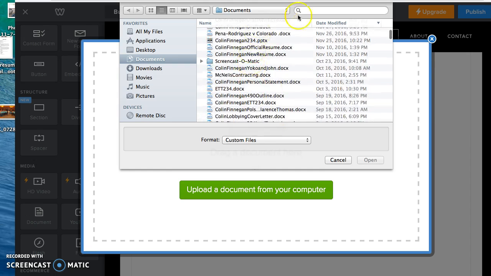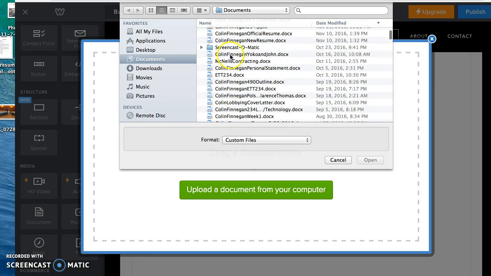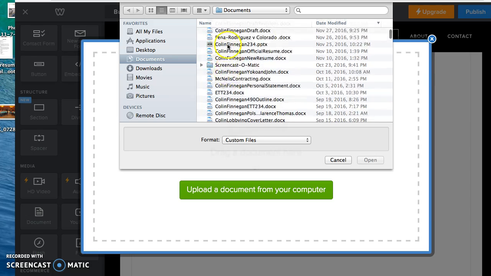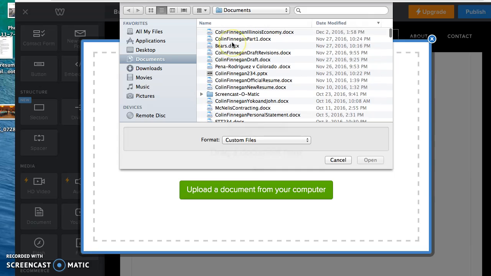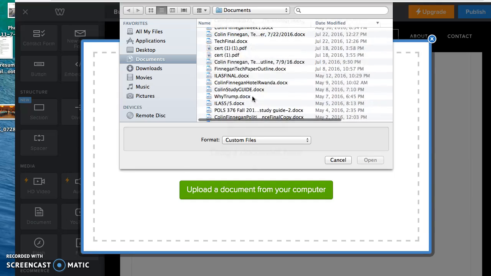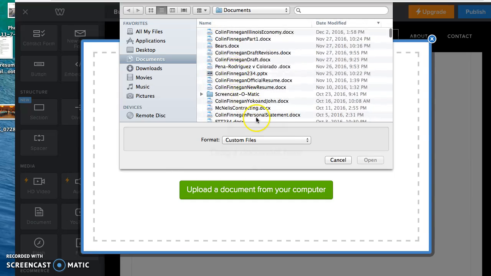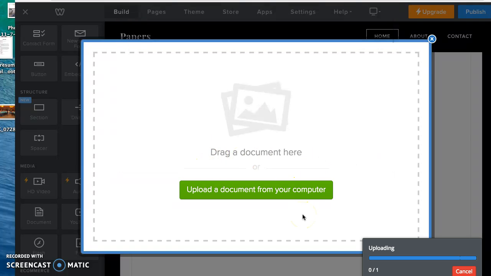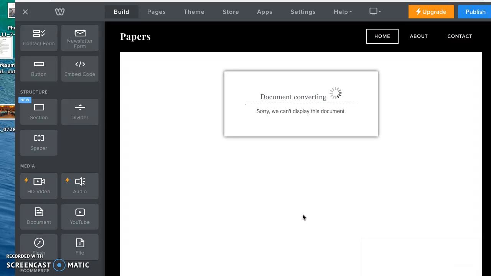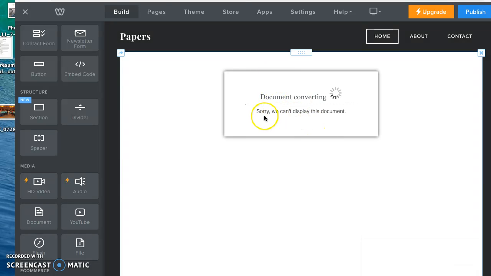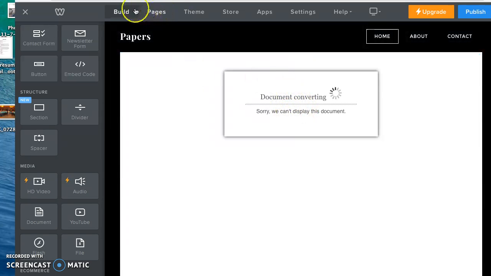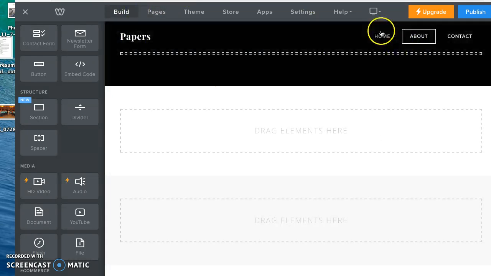So these are all papers I've written. What's one that's not too long? I suppose it doesn't matter. We'll show this paper I wrote about the Supreme Court. Here we go, uploading. Now it sometimes says this, and this was an error I had with it. But now if we go back to Pages, Build, if we refresh it,